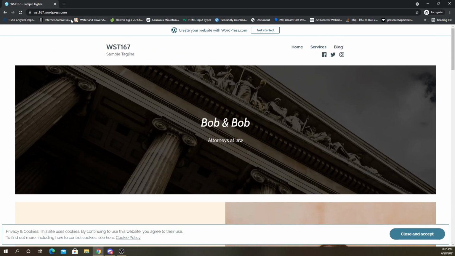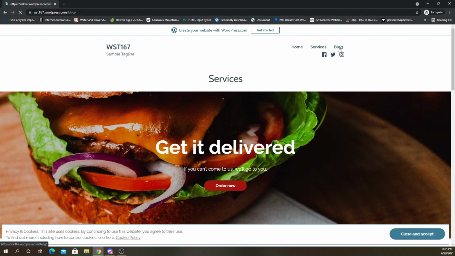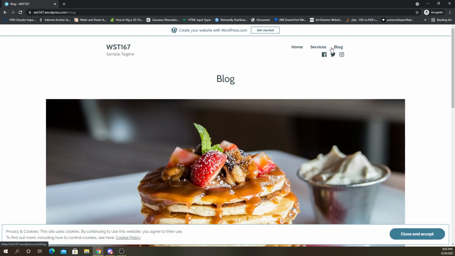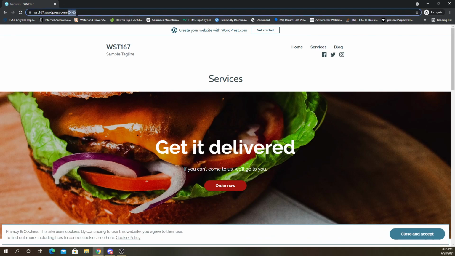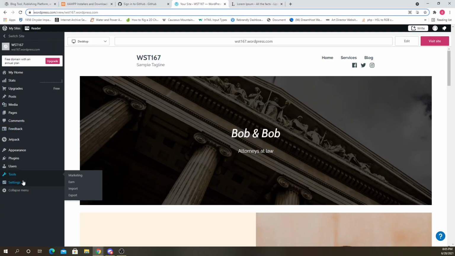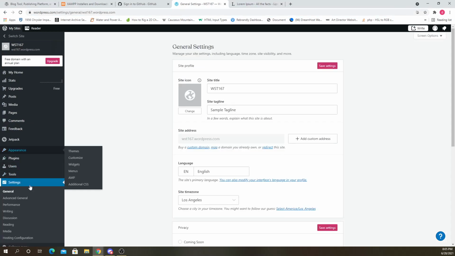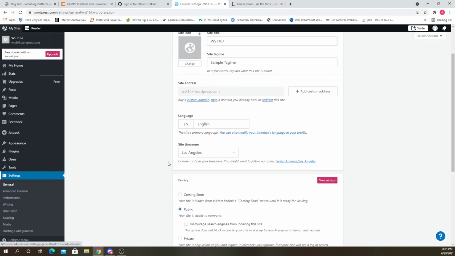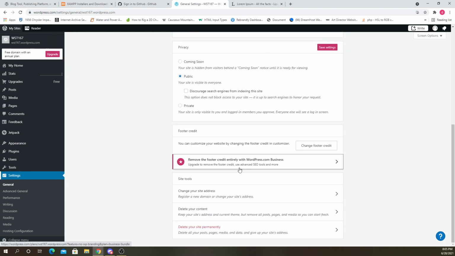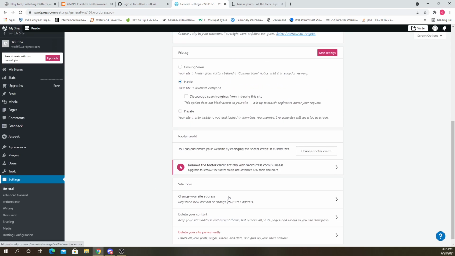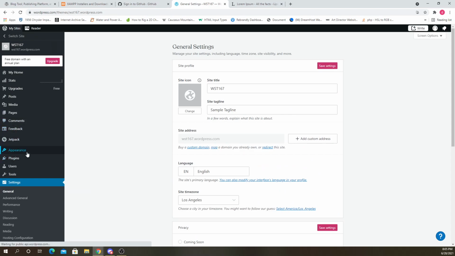Okay, so right now it's just that because we're on the home page, but if I click services or blog, well, blog says blog, but services gives us this random number 24-2. It would be nice if it just said services, right? So normally to change that, you would find it under settings, but I'm not seeing it here. Maybe because we're using WordPress.com free, it probably doesn't let us change that.